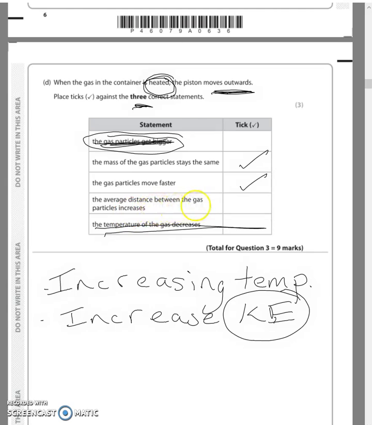And the average distance between the gas particles increases. That one, you need to think about that idea. So the piston is moving outwards. So the particles are pushing on the piston more because they've got more kinetic energy. And the piston is allowed to move and it moves outwards. So the gas particles are going to have more space and the distance